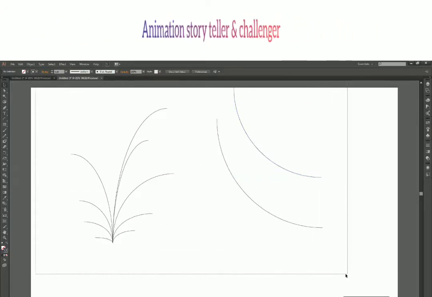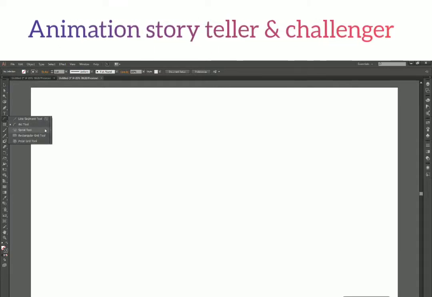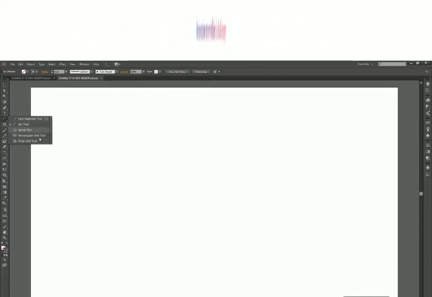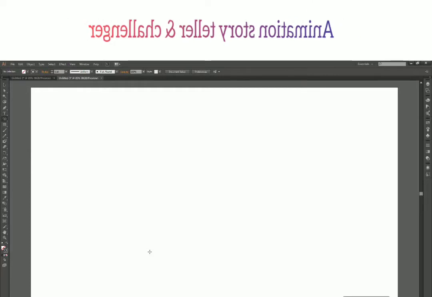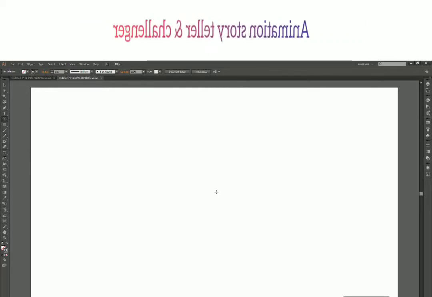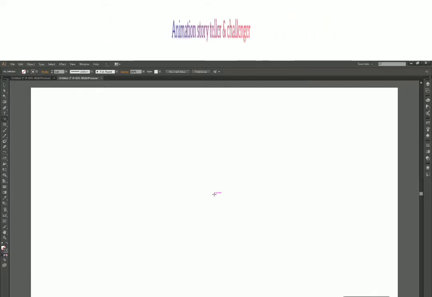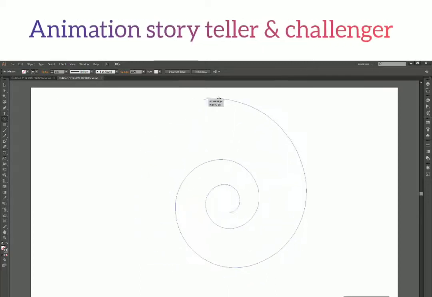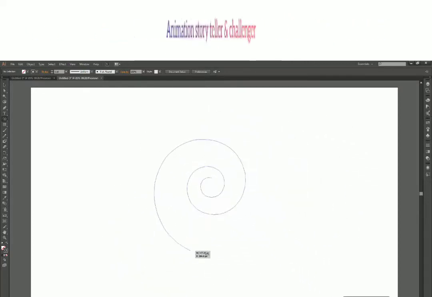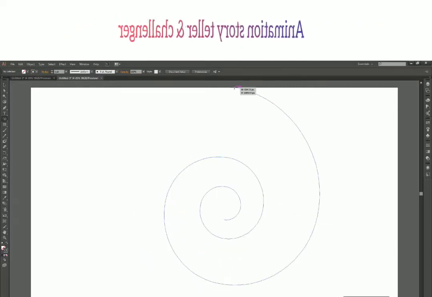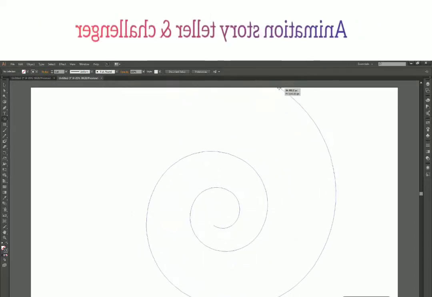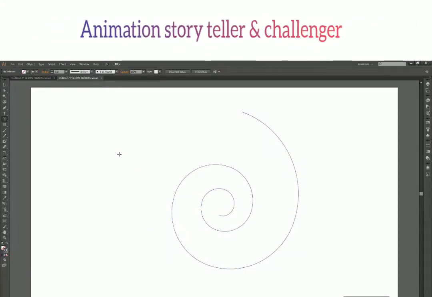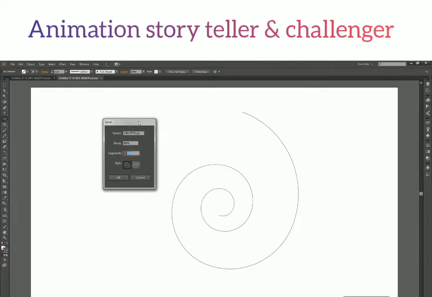Okay, so after learning the arc tool, we can look into the spiral tool. For selecting the spiral tool, left click and hold. And when you have this window open, just left click on the spiral tool to select the tool. Again, to draw a spiral, you can just left click and drag to create a spiral. And like you can see, you can rotate around and make any shape you want. And when you feel like the spiral is okay, you can release your mouse to create the spiral.